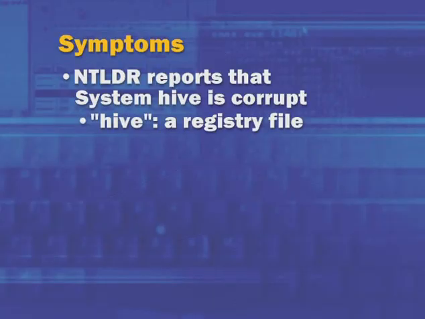The next class of problem we'll look at is when your system registry hive has become corrupt, or another registry hive has become corrupt, like your software hive. These hives are critical to the operation of Windows. Even hives other than the system hive, like the software hives or even user profile hives that are loaded later, can cause the system to not boot successfully.